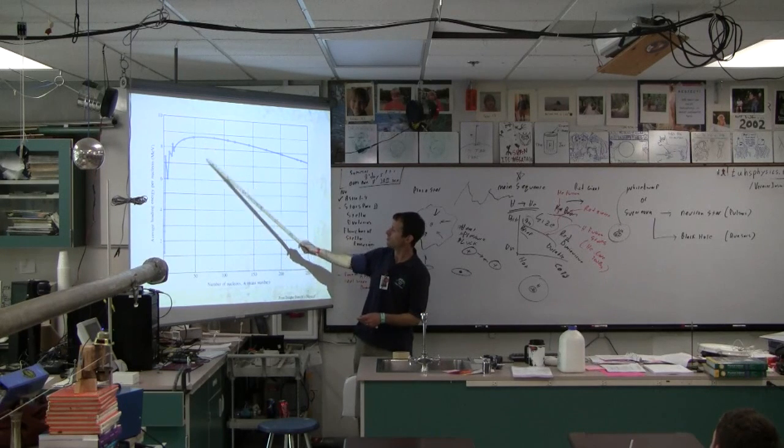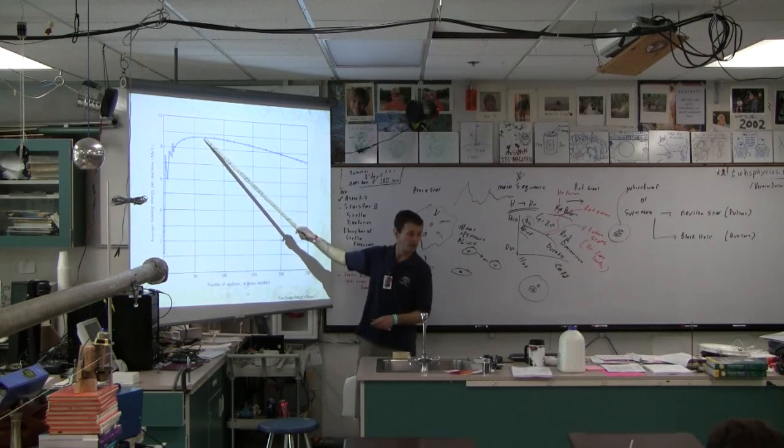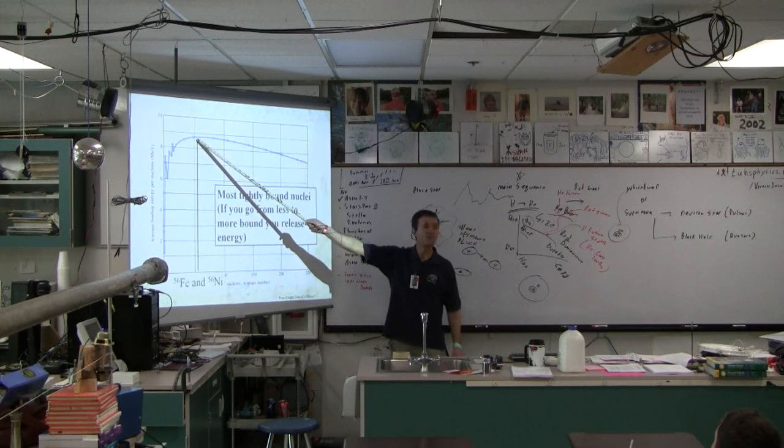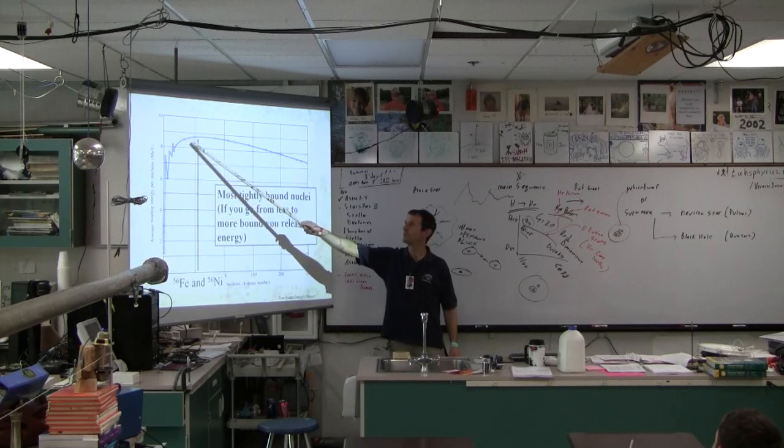Now, if you look at this, right in the middle there, that's iron. Iron and nickel are right there. You can't do anything with those. You can't split them. If you did, it would require